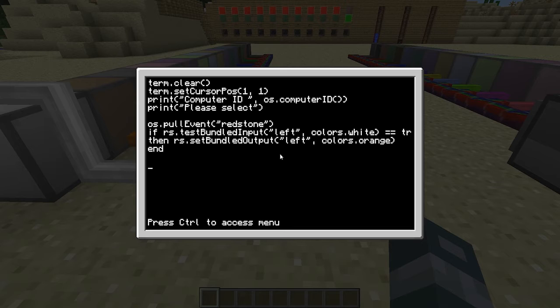You can just have the computer restart itself by writing os.reboot and then open and close. You can do that, and then the computer will just reboot itself, but it will do it in a second. So if you want to keep the light on for like a couple of seconds, you just do sleep, and then you determine the number